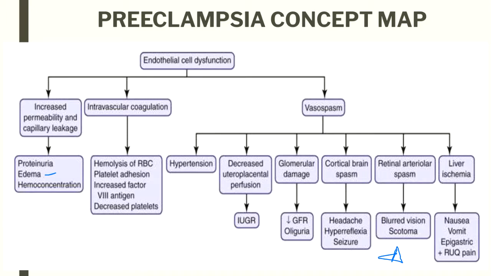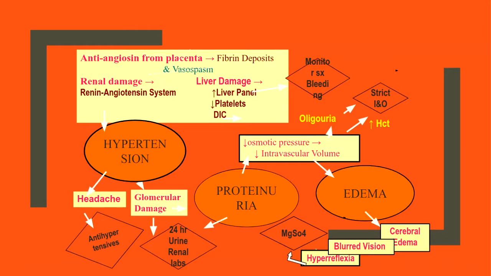All right, so that being said, this red one is Dr. Hartman's concept map on preeclampsia. So these anti-angiogenic factors from the placenta, okay, cytokines, the inflammatory markers, right? C-reactive protein and all these things cause fibrin deposits to form and vasospasm to happen, which causes renal damage and liver damage, okay? So the decreased oxygenation to the liver is going to cause liver damage. It's going to lead to that epigastric pain, okay? Hypertension is going to lead to the headache from all the cerebral edema.